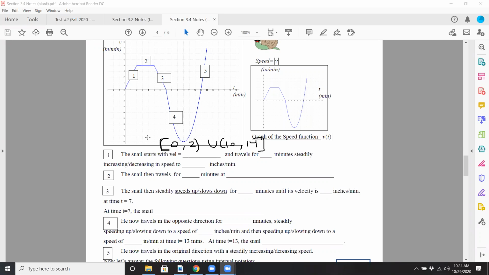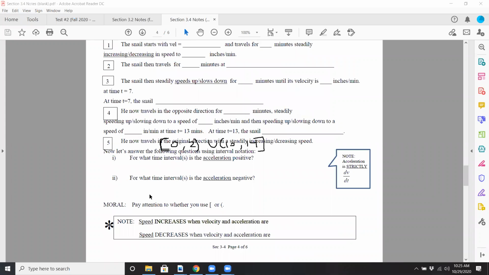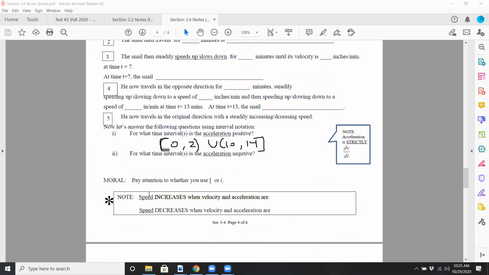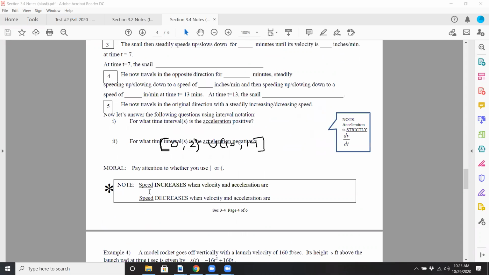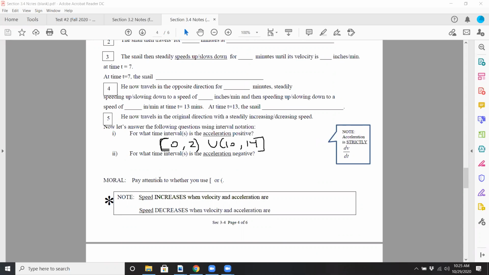But at t equals 2, we have a corner there, and at t equals 10, the velocity is actually 0, or sorry, the acceleration is 0, so it's not really positive or negative for acceleration at 10. And it had a corner at 2, so it's not differentiable at 2. And remember, acceleration is strictly a derivative of velocity. Then when is acceleration negative? Acceleration will be negative